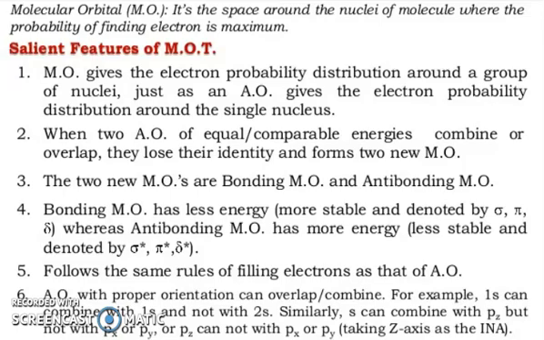Atomic orbitals with proper orientation can overlap and combine. For example, 1s can combine with 1s and not with 2s. Similarly, the s orbital can combine with pz but not with px and py, and pz cannot combine with px or py, taking the z axis as the internuclear axis. So my friends,